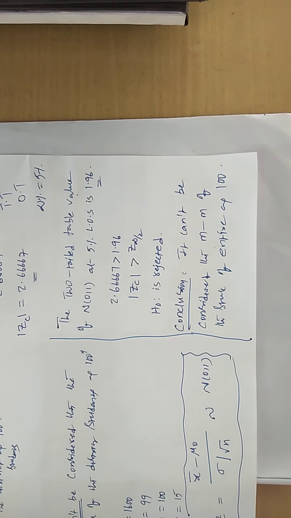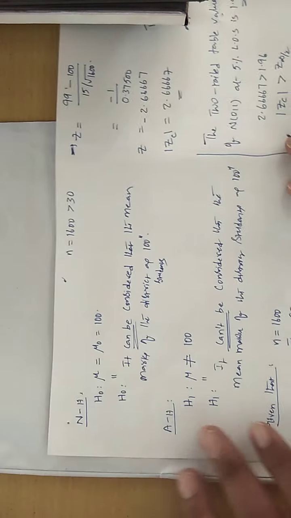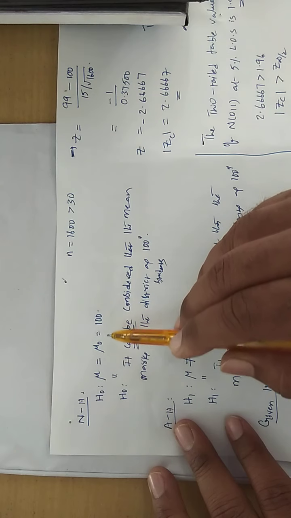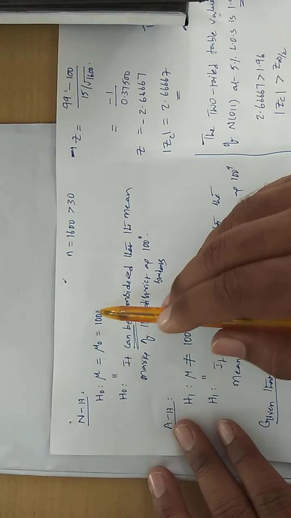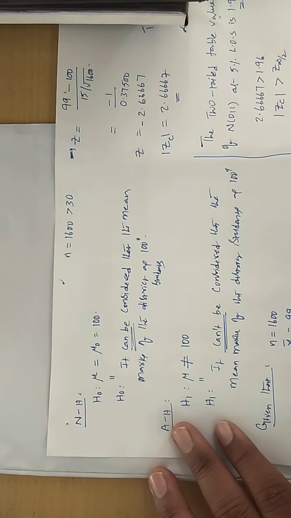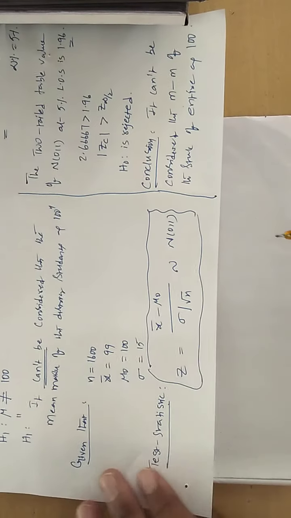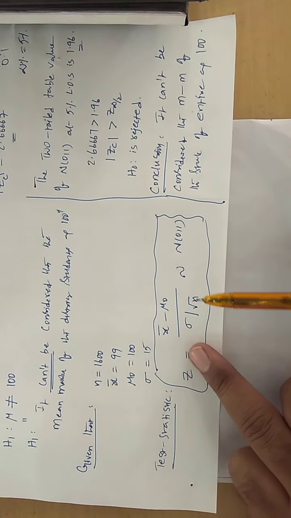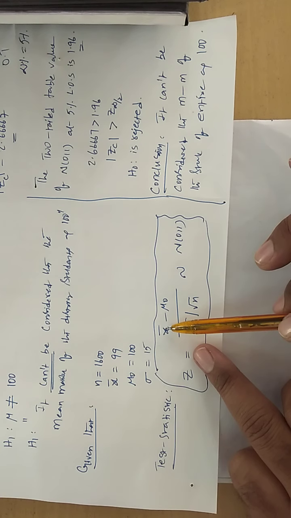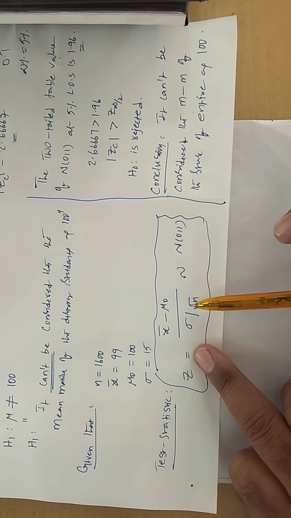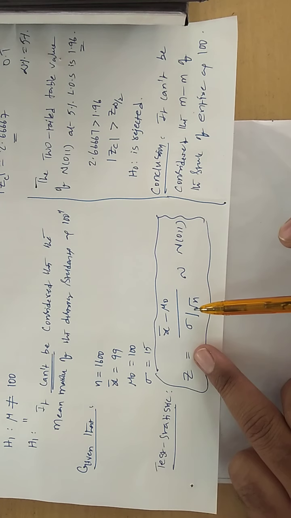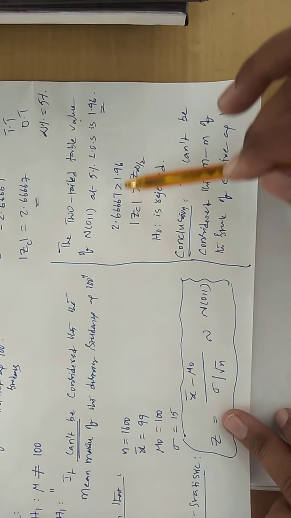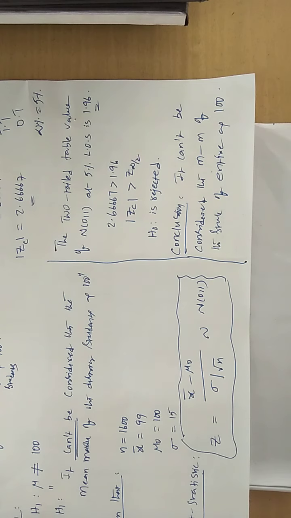Getting my point? Now, besides this, sometimes they ask to calculate the confidence limits, fiducial limits for the population parameter. Then how to do that? Very simple. In the same formula, the sample value plus or minus the standard error value into the table value. We get the answer. So let us take up that bit also.